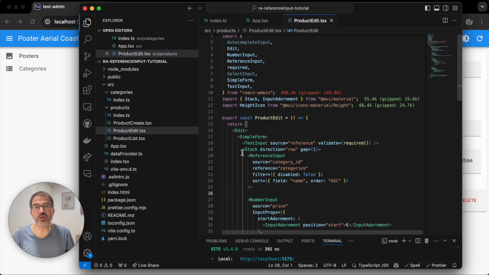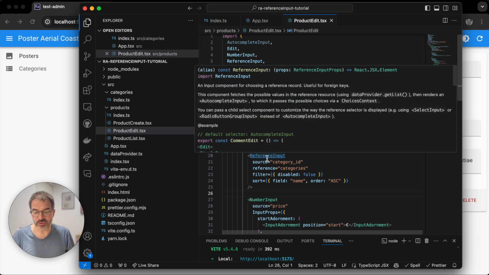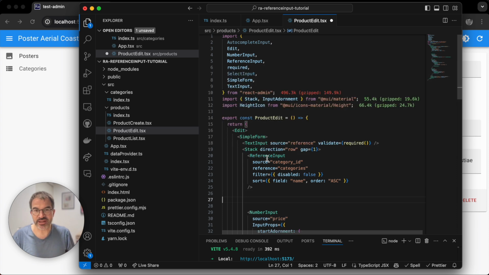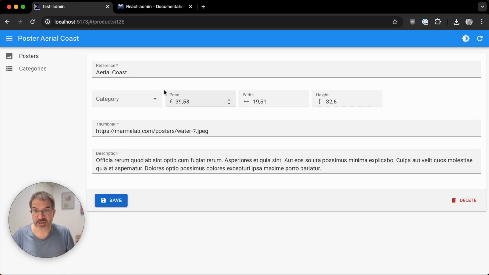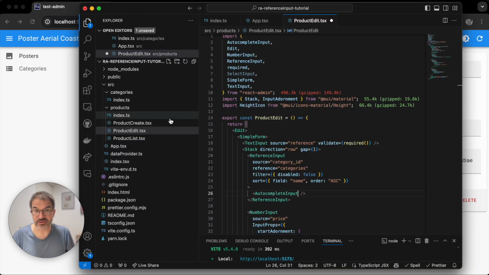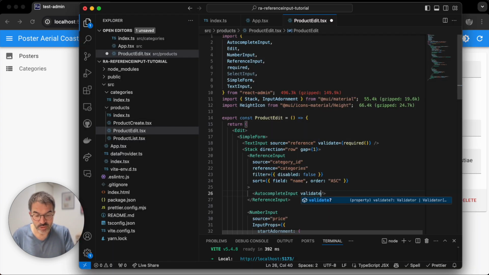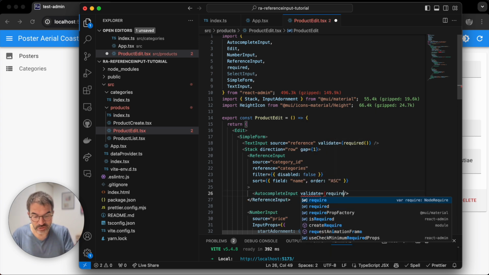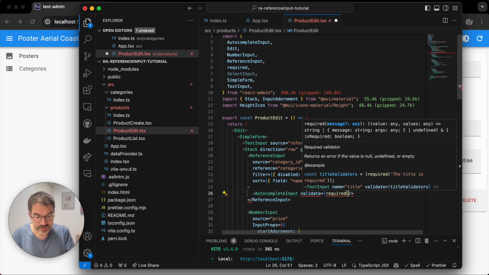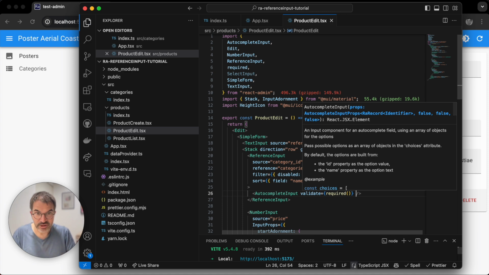But usually you will use a child for reference input, because when you need to pass some props to the input itself, for instance, if you want to have a required category ID, then you will need to pass the validate prop to the input itself. This works.